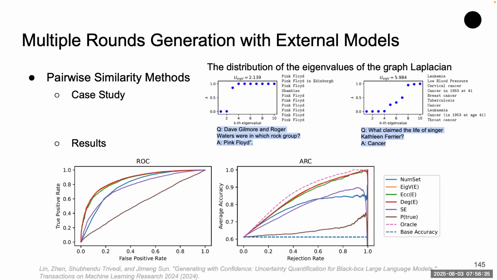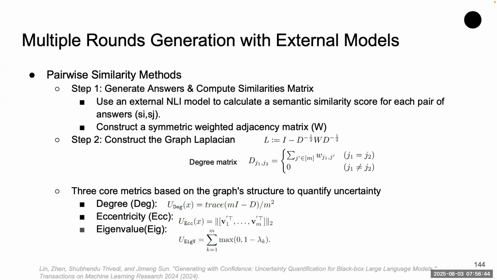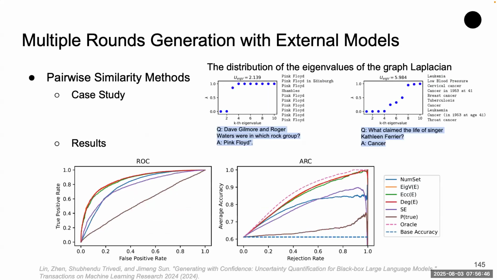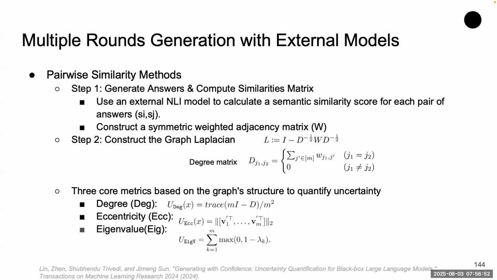And the results show that they have different definitions, right? The eigenvalue ones, the eccentricity, and the degree matrix are much better than the traditional semantic entropy method and the p-true method. So here, like I said, they are using an AI model, but they are constructing a